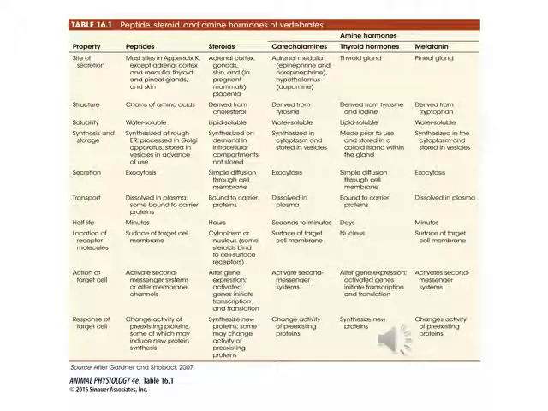This table summarizes the key characteristics of peptide, steroid, and amine hormones. You should study it carefully and learn the contents. There are a number of common themes that you need to notice. The first of all is water solubility. Peptides, catecholamines, and melatonin are water soluble, and this also means that they are stored inside vesicles, inside cells. Notice also that these water-soluble hormones are released from cells by exocytosis, whereas the lipid-soluble steroids and thyroid hormones are released by diffusion.